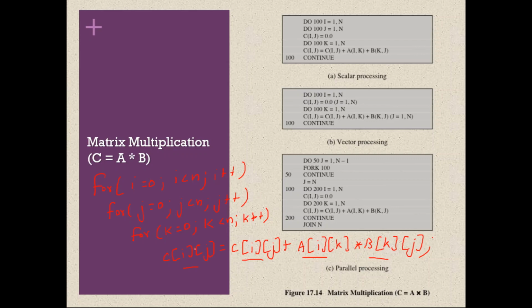So how many times will this k repeat? It will repeat for the number of rows in the second matrix. i will repeat for the number of rows in the first matrix, j will repeat for the number of columns in the second matrix, and k will repeat for the number of rows in the second matrix, right? So here is the normal logic which we follow for scalar processing, but this is a Fortran program,